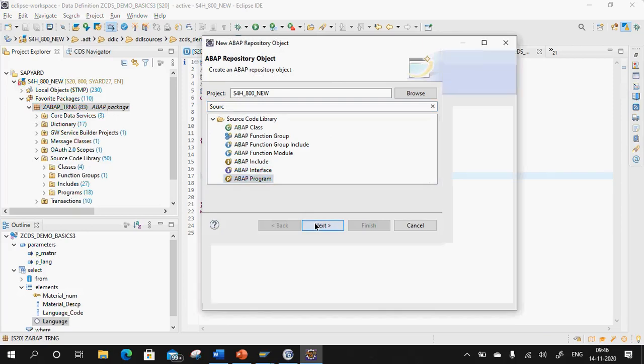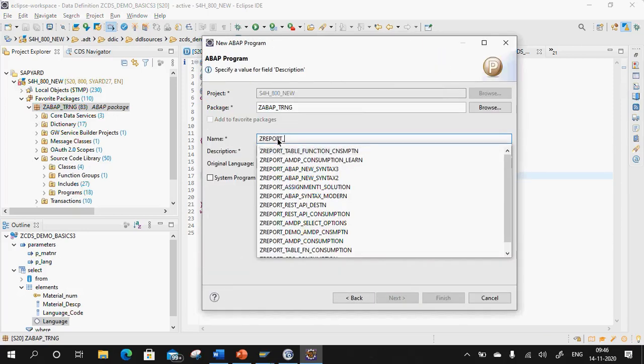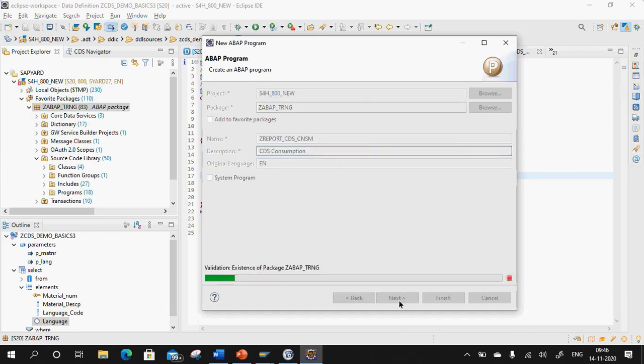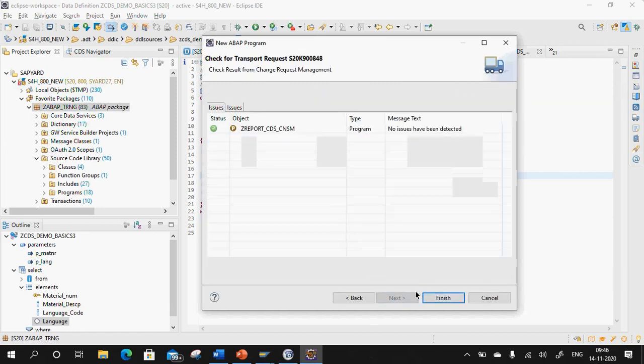Source code, ABAP program, click on next. So just give Z report CDS consumption. I'll use any of the TR. Click on next. Click on finish.